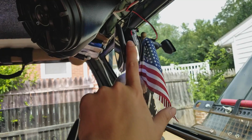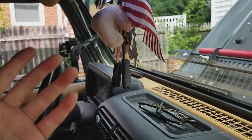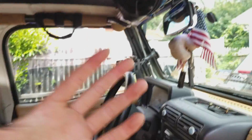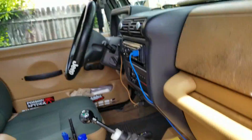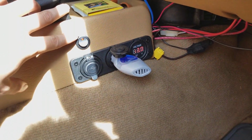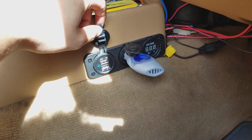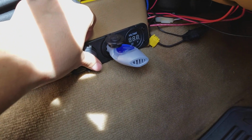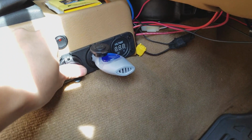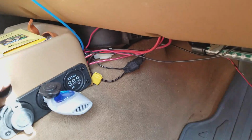But I also added this LED strip light right here, and that really helps at night because there's no light right here. What if I need to read something? There's no light right here. I need that. And looking down right here, I installed, bam, some extra outlets. Got my USBs, got my extra 12 volts, just my little Febreze air freshener right there, and that's all the